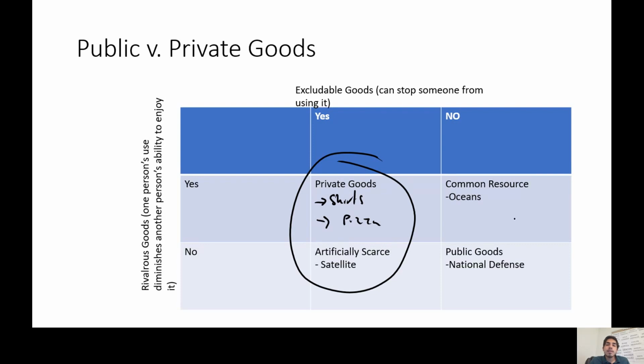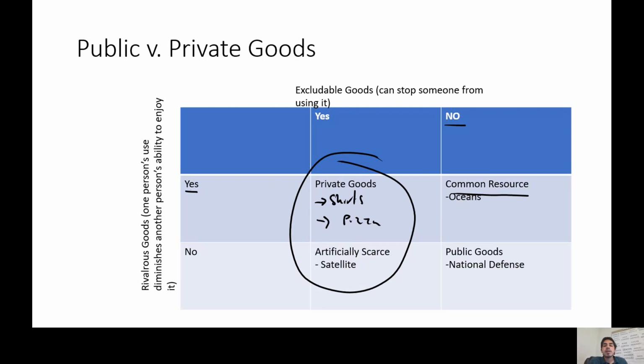And here, we can think about common resources. We talked about the tragedy of the commons, which happens in instances where a good is rivalrous, but it's not excludable, right? We can't stop someone from using it. And so we looked at the tragedy of the commons example of overgrazing, right? A situation in which there's a common area that, I don't know, farmers are grazing their cattle on. Nobody owns it, and we would expect there would be overconsumption and overgrazing that takes place. It's the tragedy of the commons.